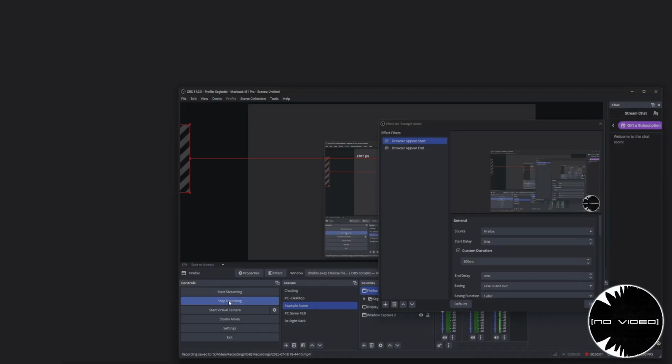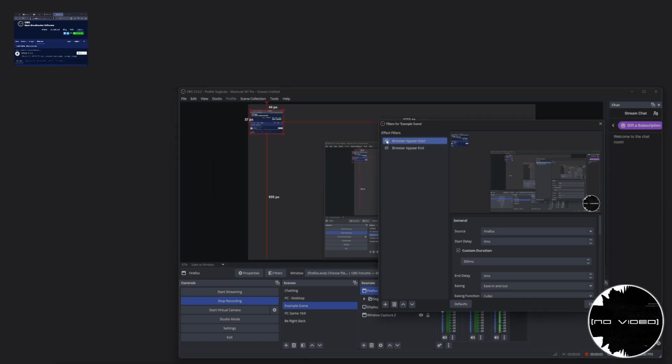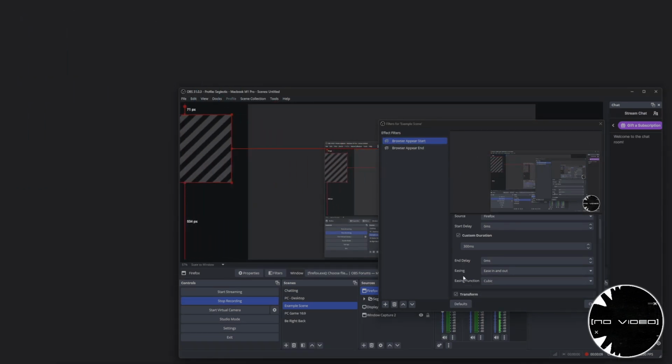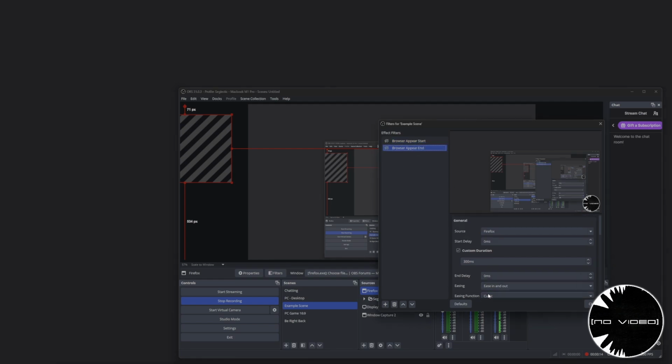So one last thing with this is the easing function. So when we hit it, it does do two separate moves, right? So we want that to be one fluid motion. All we want to do for that is just change the appear start easing to ease in and the ending easing to ease out. Now it's just a smooth